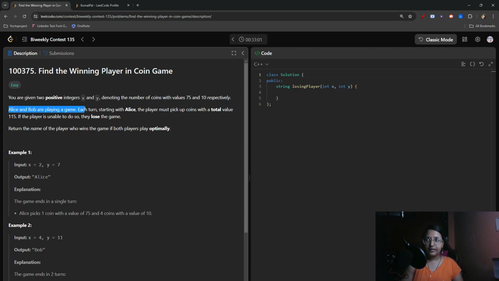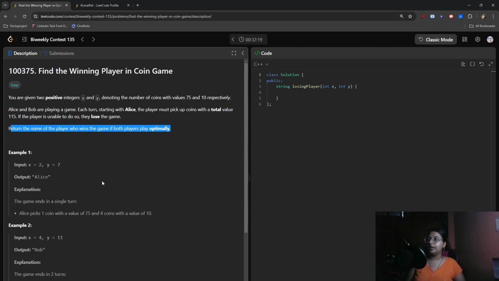Alice and Bob are playing a game, each turn starting with Alice, and the player must pick up coins with a total value of 115. If the player is unable to do so, they lose the game. Return the name of the player who wins the game if both players play optimally. Here, optimally refers to the fact that the first turn is Alice's, then Bob's, then Alice's, then Bob's, like that. And at each turn, both of them pick up a total of 115 in coins. Whatever the count is, that is fine. But apart from that count,